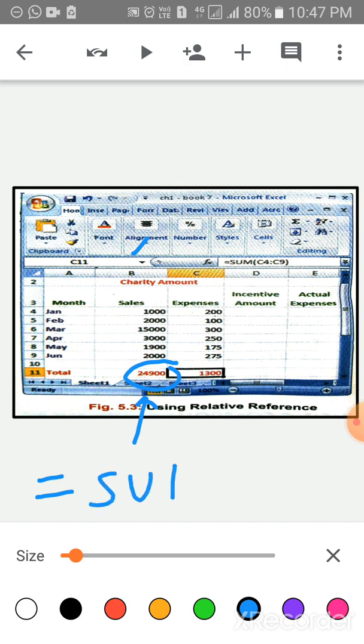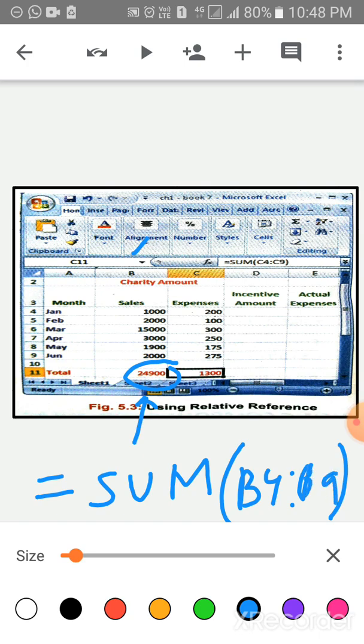Then write the function name SUM, and within the brackets select the range. Suppose we select B4 to B9, and then click copy. This formula you have to copy.